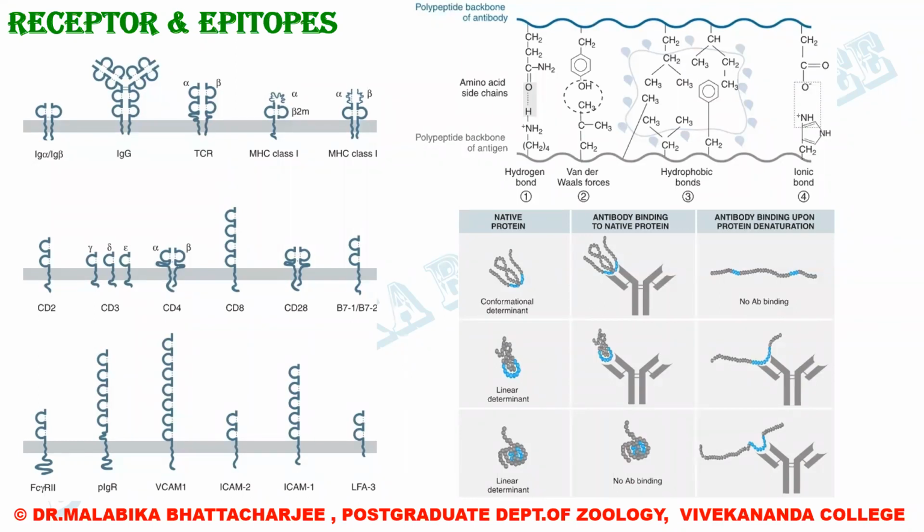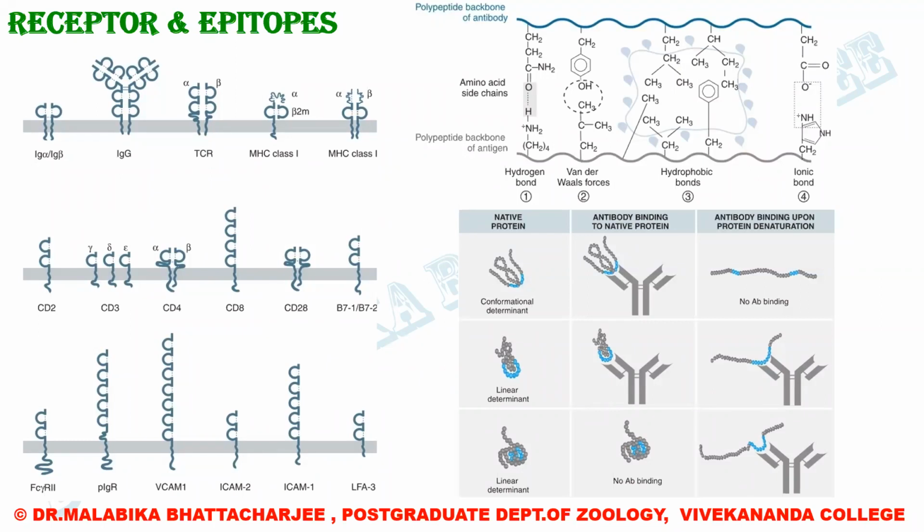And the last picture, this is an analytical picture. I wanted to show this picture. We know that a native protein always exists in a three-dimensional conformation. Now, if you remember my antigen class, I had said that there are antigens which exhibit linear epitopes, and there are antigens which exhibit conformational epitopes. Now, if we look here, this is a conformational determinant. The word determinant means it's an epitope, which will be determining a specific immune response when an antibody recognizes it. So if it's a conformational determinant, you look, the antibody binds with the conformational determinant.